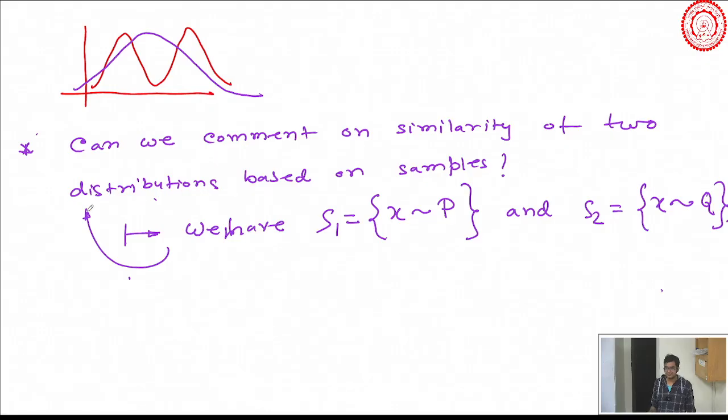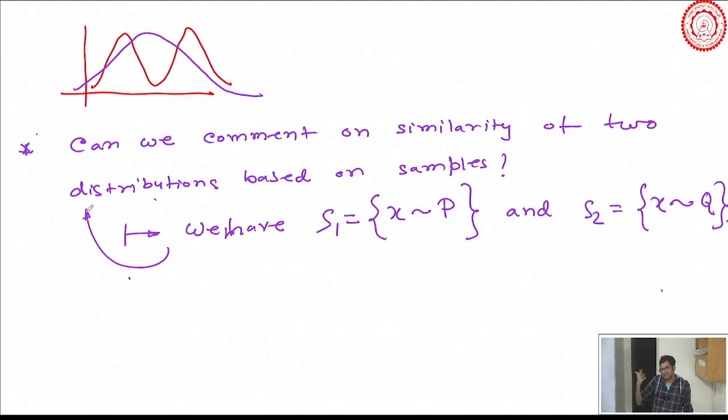Clear what I said? I'll write it anyway, but I'll repeat once more before I write it down. What we can do in this two sample test is define a null hypothesis. The null hypothesis is the positive one, so P is equal to Q. The alternative hypothesis is P is not equal to Q, right? Now with this, we can define a metric, some distance, something like that. That may not be unique. You can come up with your own metric there. But those metrics are calculated based on the sets S1 and S2, which means samples.